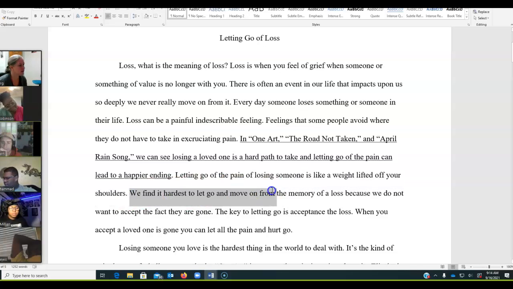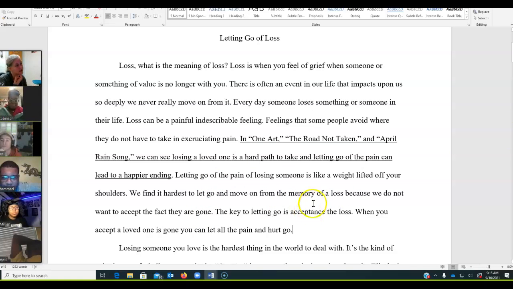We find it hardest to let go and move on from the memory of a loss because we do not want to accept the fact that they're gone. And the key to letting go is acceptance of the loss. When you accept it, and believe it or not, these 3 sentences match up with what each of the poems